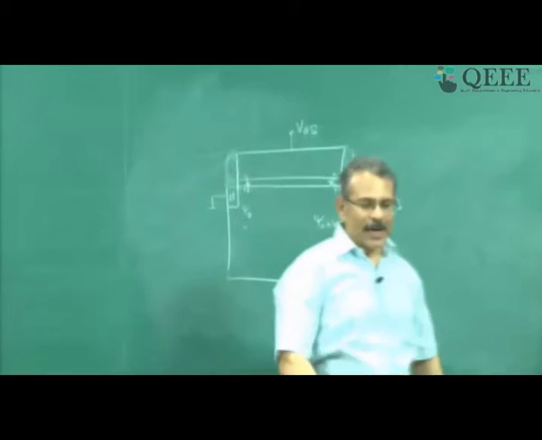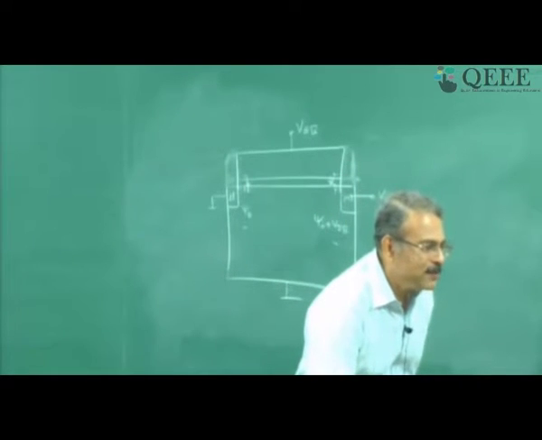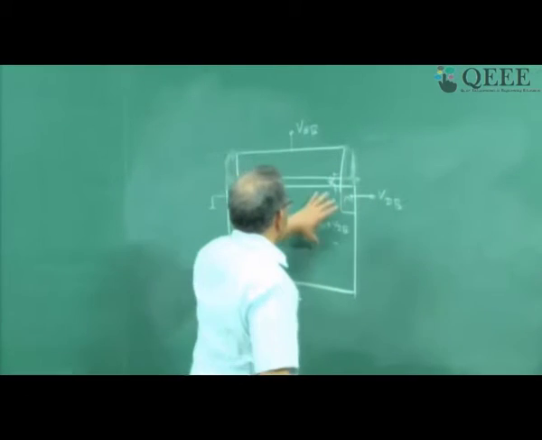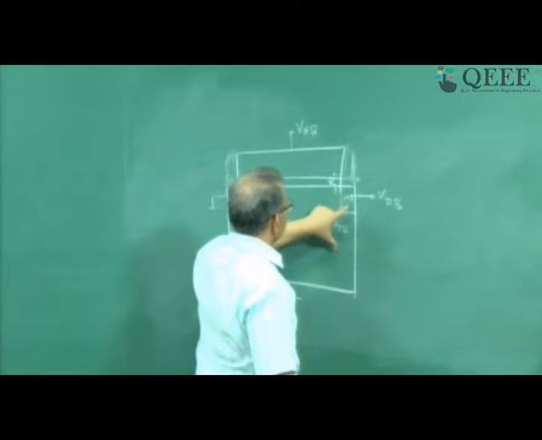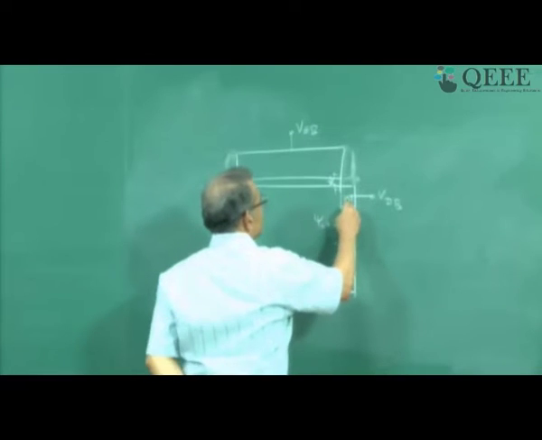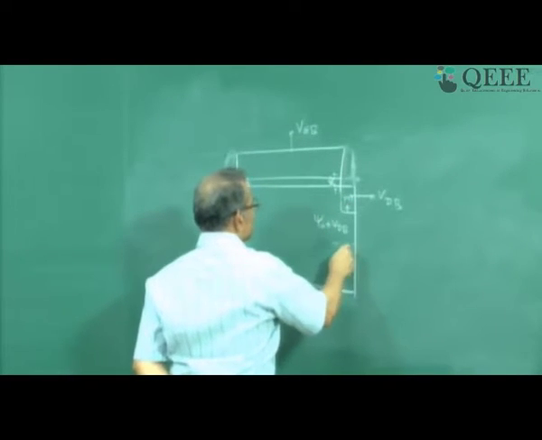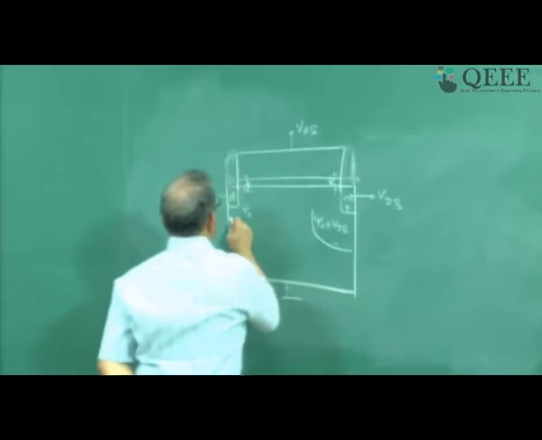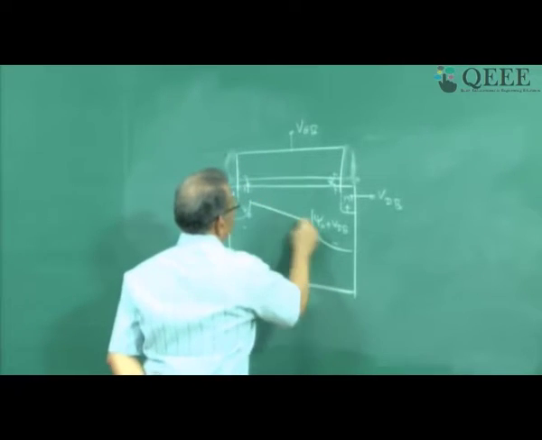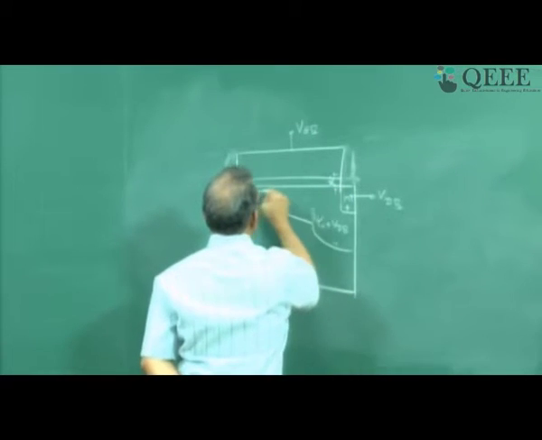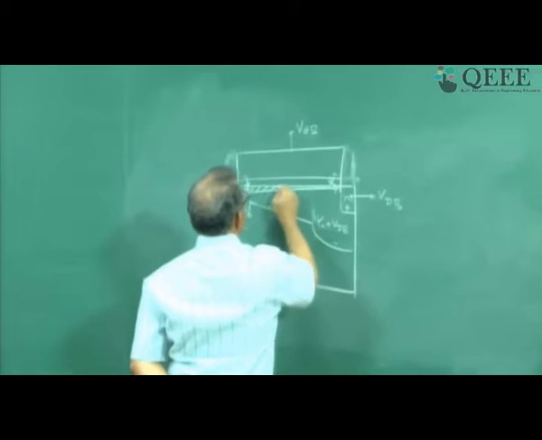Now that is the reason why you can see here the inversion layer charge has reduced. The depletion layer however has increased, because this is like a reverse biased junction. This voltage is like reverse bias. This is positive and this is negative, psi naught plus VDB. So reverse bias will increase the depletion width, right, as compared to this here. But total charge has to reduce, so inversion charge will reduce. So that is why the picture is like this.